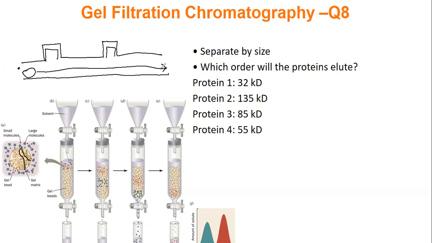It has no choice. Particle 2 can go into the side room, so there is a chance that it will go through the side room, and it'll take longer to go through the hallway and hence come out second. That's the same idea with gel filtration. So, rather simple ordering here,